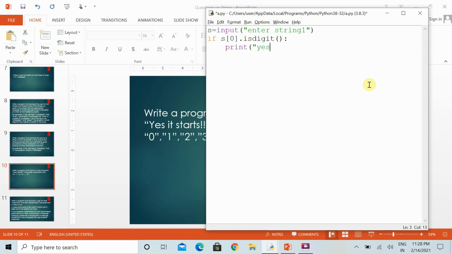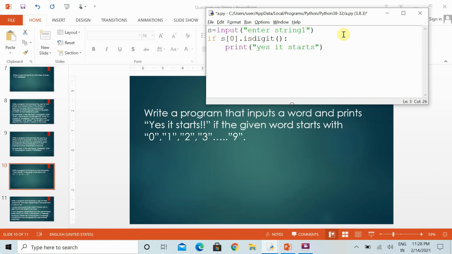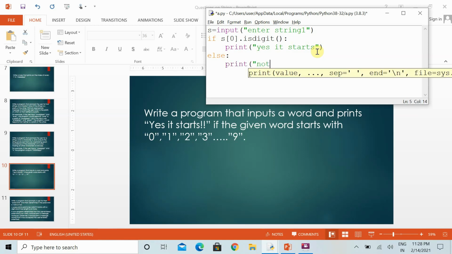"yes it starts", because it is specified in the question. Otherwise you can specify "not starting with digits".